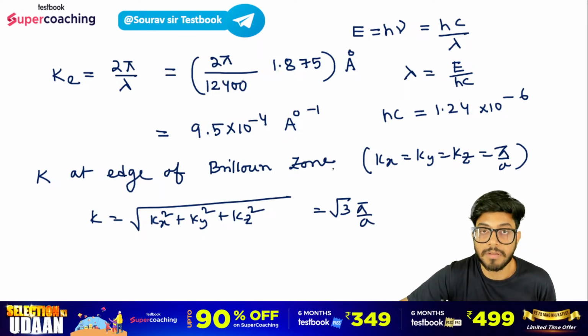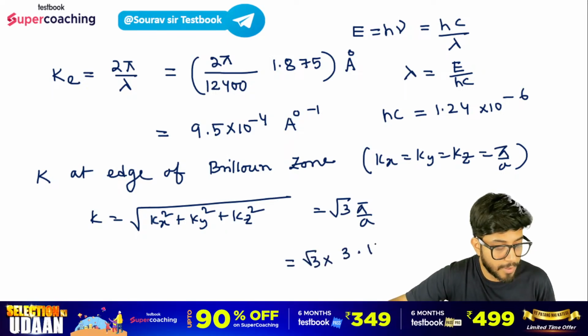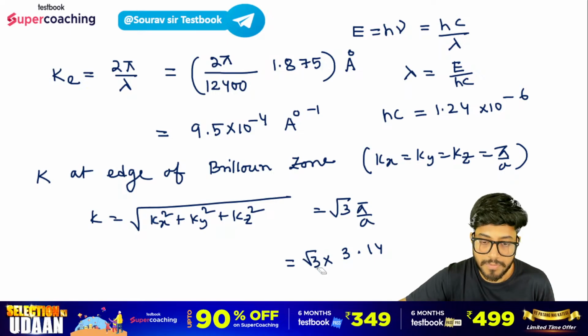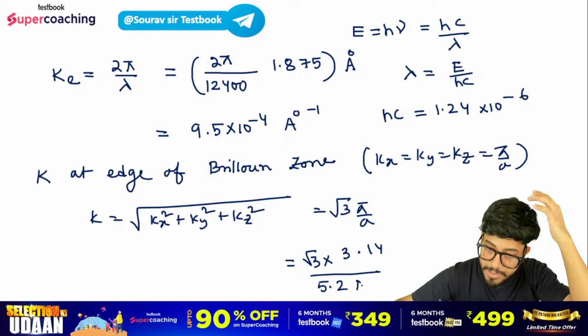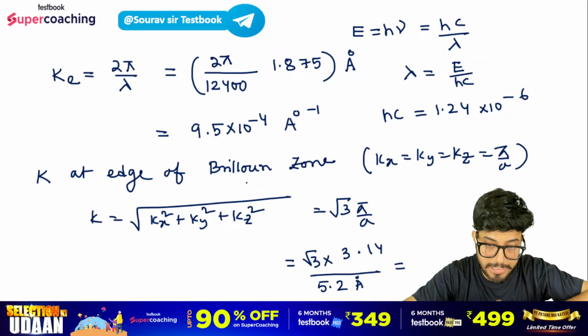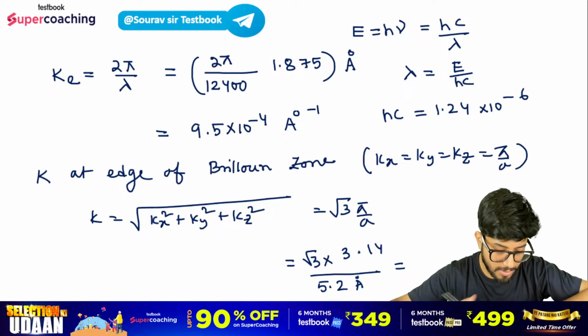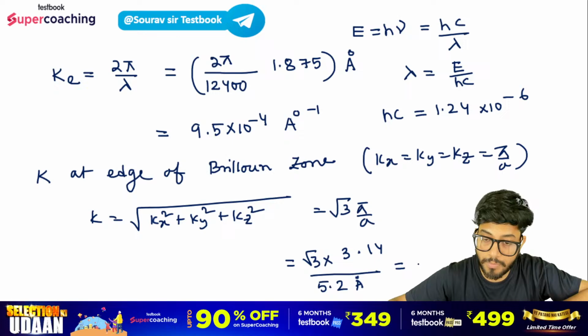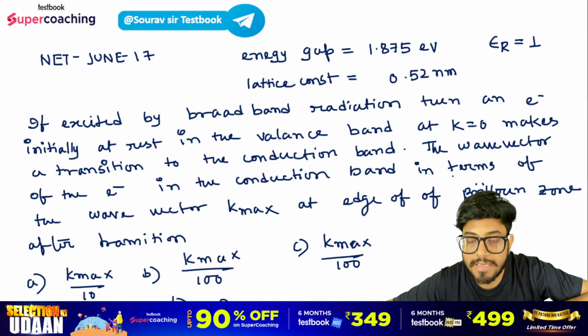0.52 नैनोमीटर मतलब 5.2 एंगस्ट्रॉम, तो ये आ जाएगा रूट 3 into 3.14। रूट 3 मतलब 1.732 डिवाइडेड बाई ए का वैल्यू, कितना आ जाएगा भाई, 5.2 एंगस्ट्रॉम। तो ये तुम्हारा आंसर आ जा रहा है 1.732 मल्टीप्लाइड बाय 3.14 डिवाइडेड बाय 5, तो ये तुम्हारा आ जाएगा 1.045 एंगस्ट्रॉम इनवर्स।